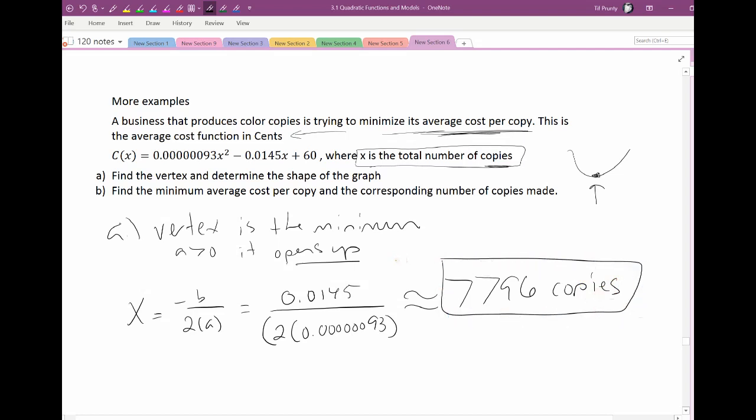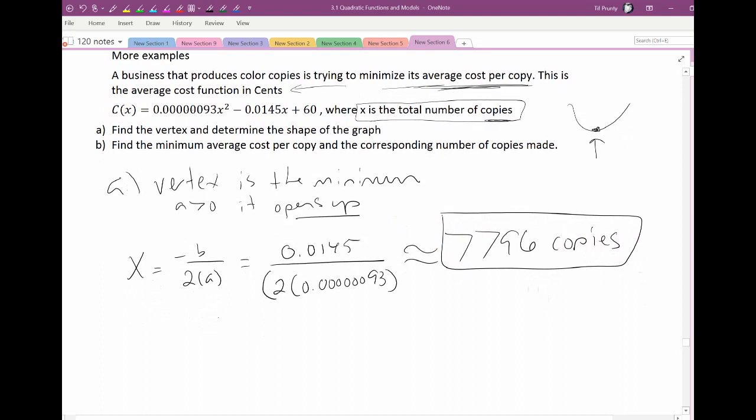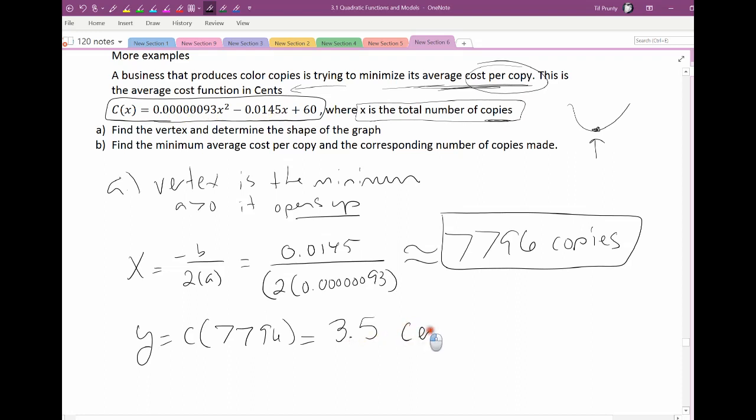Alright. And so that's my x value. Then the y value, which is the cost for that many copies, well, I plug 7796 in. And remember, it's the cost per copy in cents. And so it comes out to 3. When I carefully type that in, again, typing it in here, make sure you're very careful with the decimals. It comes out to 3.5 cents